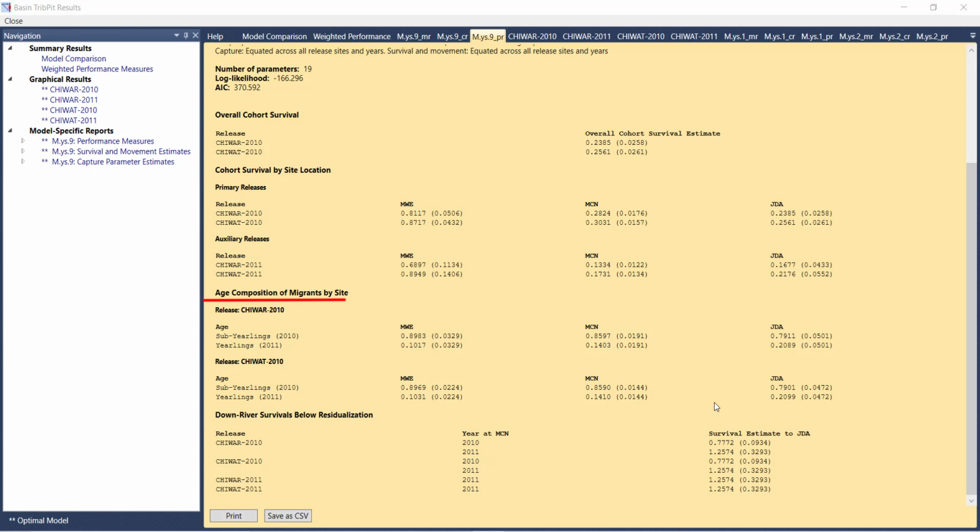The age composition of migrants by site is the proportion of each age class at each detection site for each primary release. The downriver survivals below residualization is the survival from the last site for which there is residualization or overwintering to each subsequent downstream site for each primary and auxiliary release. This is available only if there are at least 2 downstream detection sites below the last residualization site. In this case, this is survival from MCN to JDA. Notice that there are year-specific estimates because some fish from the release group arrived at MCN in 2010 and others arrived in 2011. The details of the calculations for the parameter estimates report can be found in Appendix C of